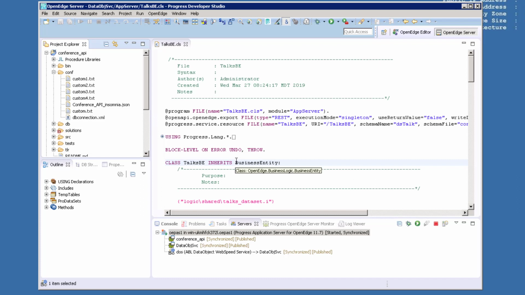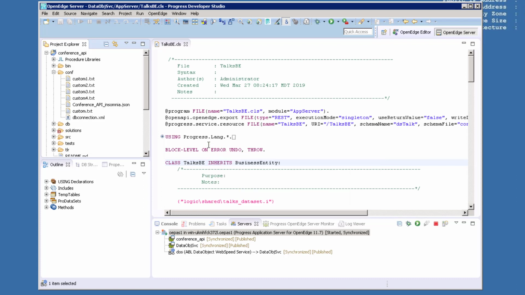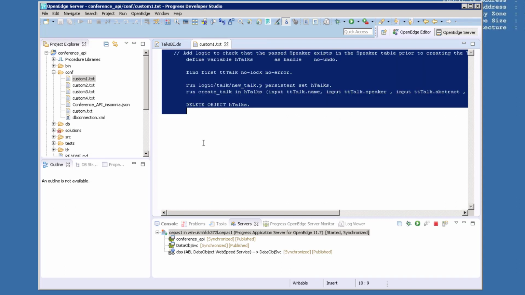In Developer Studio, we'll update the talks.be.class file to call the customized create code. The code to call the .p is already written for you, so let's take a look at it. In the Project Explorer under Conference API, locate the file named custom1.txt under conf. Double-click to open it. To customize our talks.be class file, use Ctrl-A to highlight everything in this file, and then